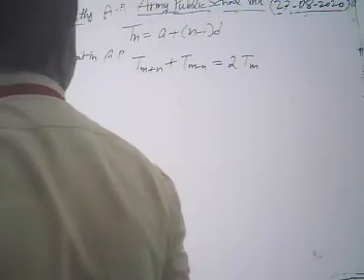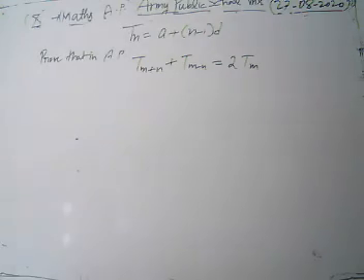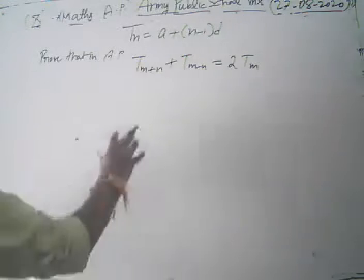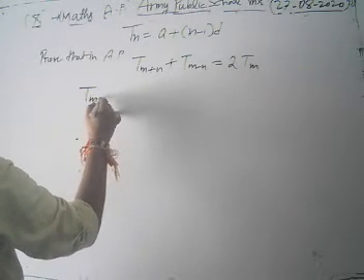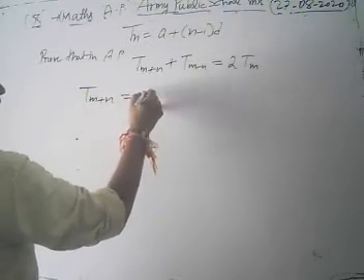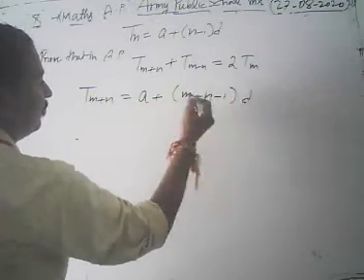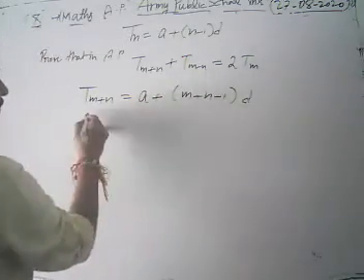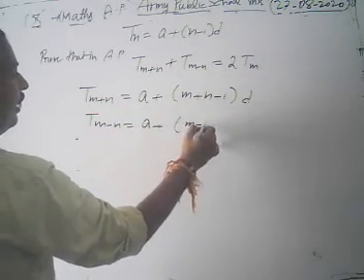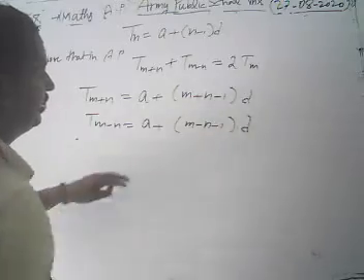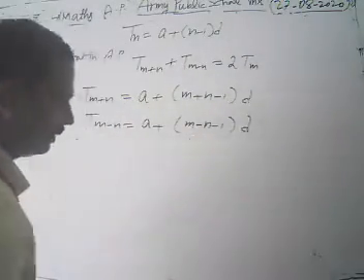We are going to start by using the general term. What is Tm plus n? From the general formula, Tm plus n is written as a plus m plus n minus 1 d. How can we represent Tm minus n? a plus m minus n minus 1 d. In place of n, we put first m plus n, then m minus n.